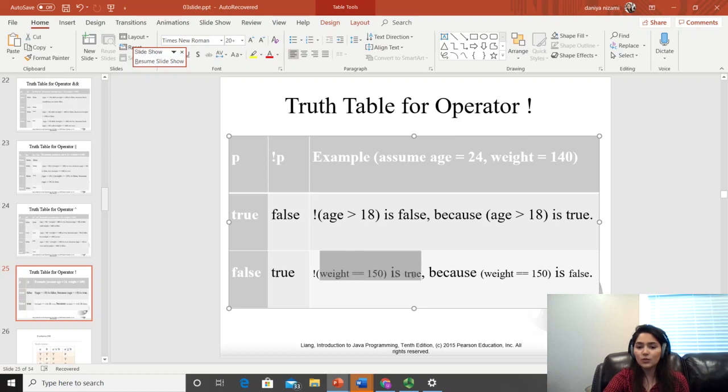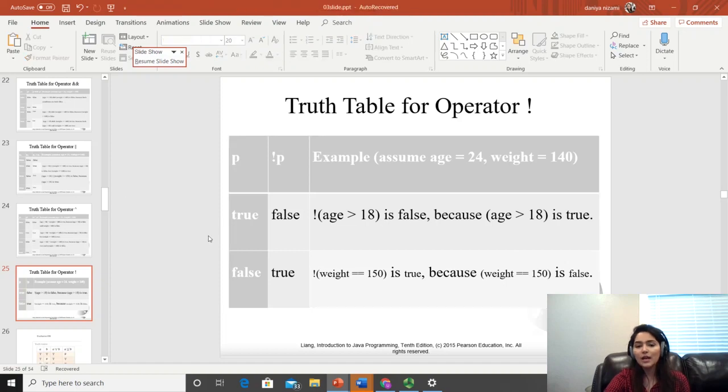So just like weight equals 150 and your weight is 140, which is false, as you have applied NOT. For this expression, the whole thing, the answer is true because weight equals 150 is false, but you have applied NOT, it will convert false to true. Okay, so that's it for the logical operators with their expressions. These operators you will use a lot in your if conditions and your Boolean expressions as well.